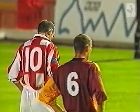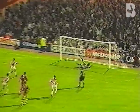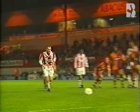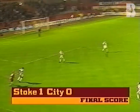The crowd holding their breath. The fans behind the goal willing the ball in the net. And he rolls it calmly into the right hand side of the post. Ben Roberts goes the wrong way, but Stoke City, Sherron from a different angle slides it in, and Stoke City so lucky to get that narrow win and the 3 points here at the Victoria ground. Sherron now is the final whistle almost upon us,